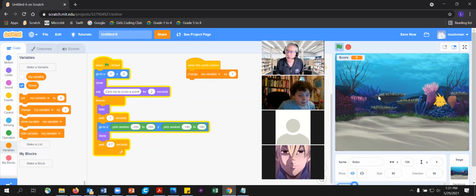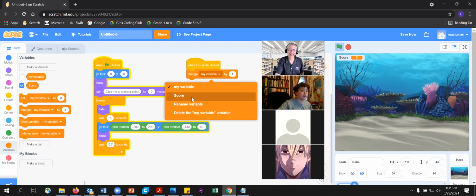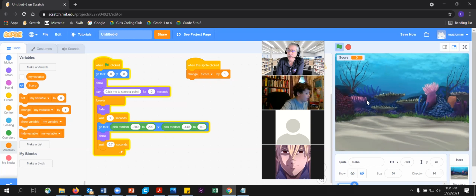How to change a variable to score. Change the variable. You get Globo if you make a Gobo with the color scheme of the globe. Score. So I have to change this to score. I actually did that. And now when I click on